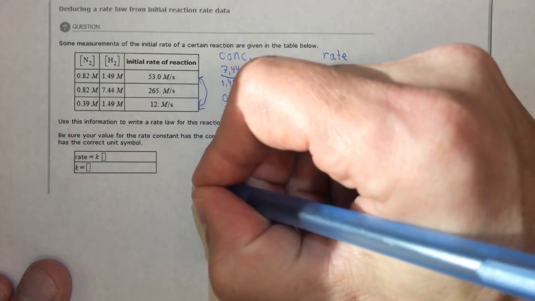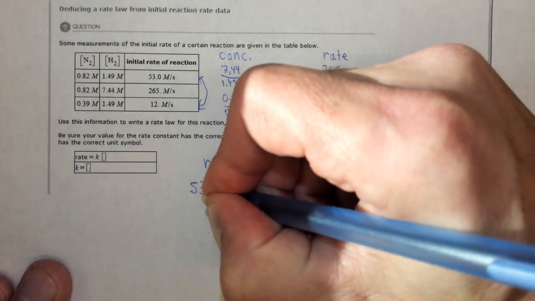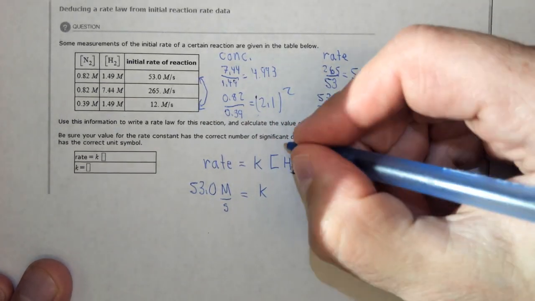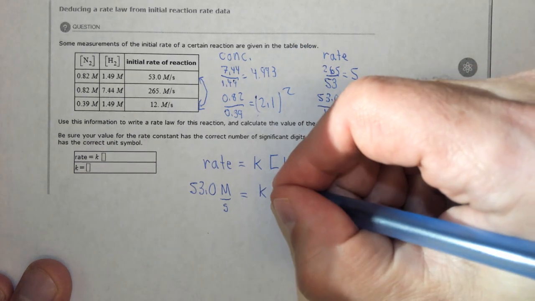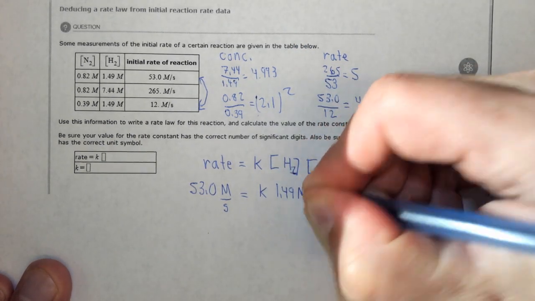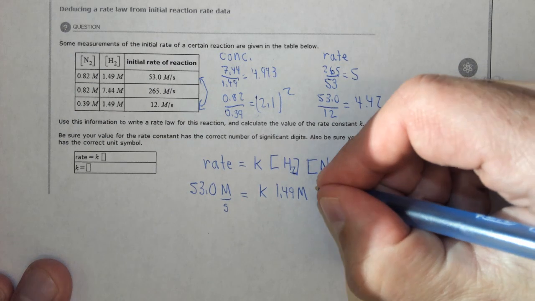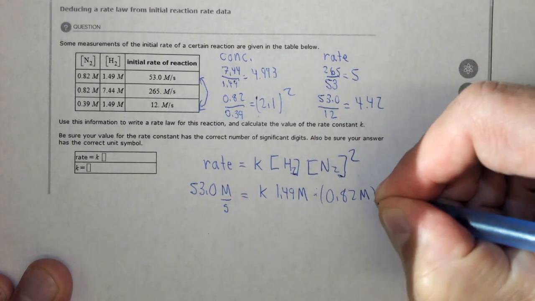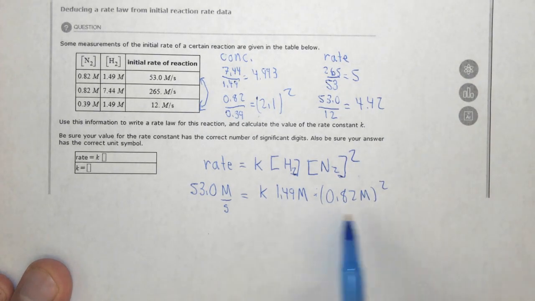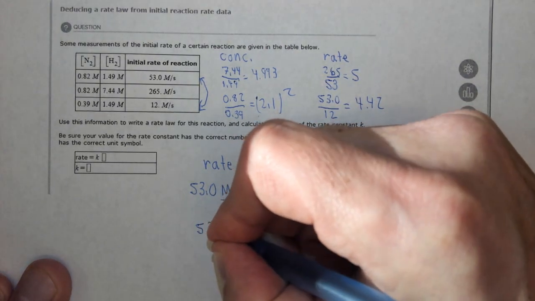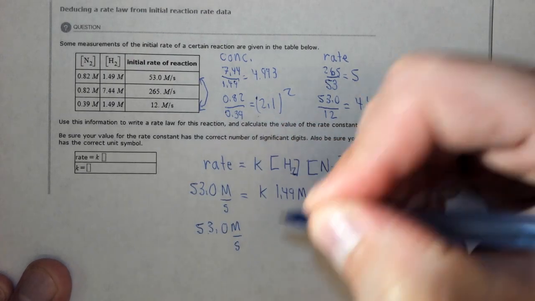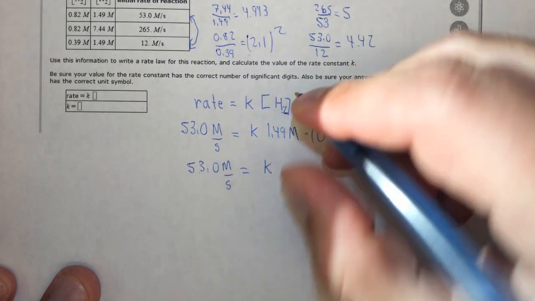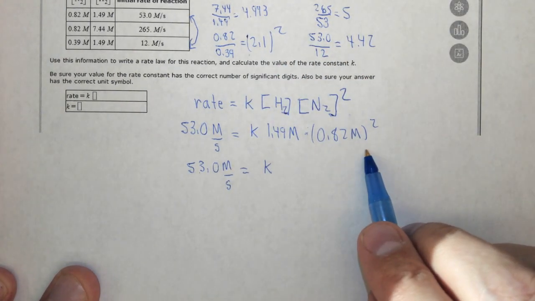So my rate is 53.0 molarity per second equals k, concentration of hydrogen is 1.49 molar, and then concentration of nitrogen is 0.82 molar squared. So I want to take care of this side first. So I'm just going to rewrite this, 53.0 M per second equals k, and then 1.49 times 0.82 squared,